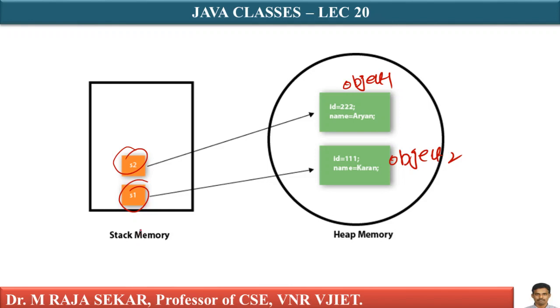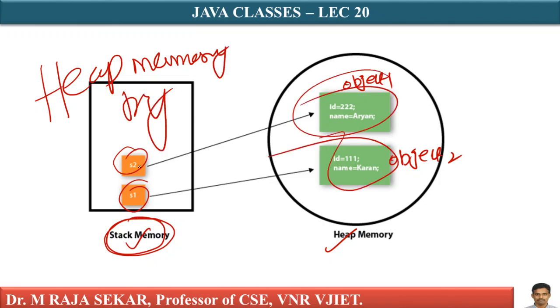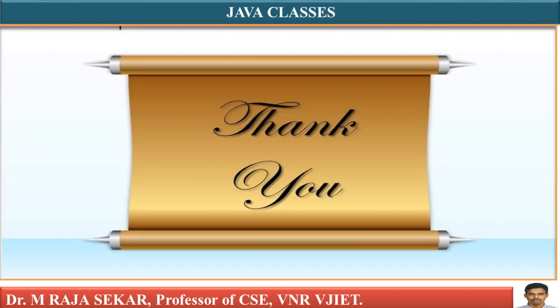are available in a memory known as stack memory. Just understand, there are two categories of memory: stack memory and heap memory. You can see the reference variables in stack memory. Those reference variables refer to the objects which are in heap memory. Heap memory is a memory by which you can create objects. Reference variables are created with the help of stack memory. There is a separate course in computer science, computer organization, where you can learn what stack memory and heap memory are.